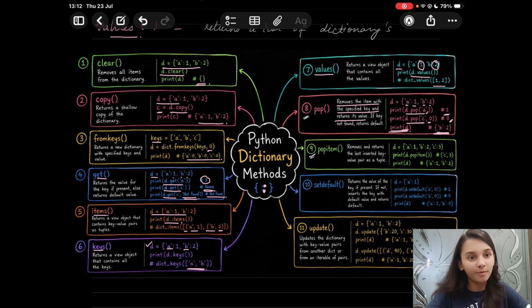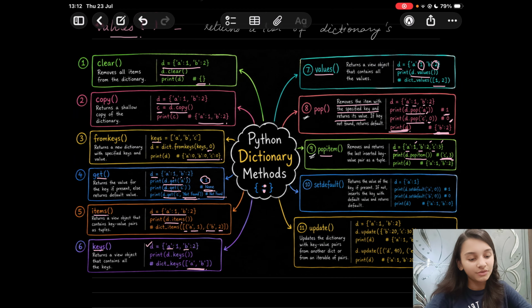Next we have popitem. It removes and returns the last inserted key value pair as a tuple. We are taking a dictionary D over here. A, B and C are the keys. 1, 2, 3 are the values associated with them respectively. So on using D.popitem, the popitem method will give you the last inserted key value pair as a tuple.